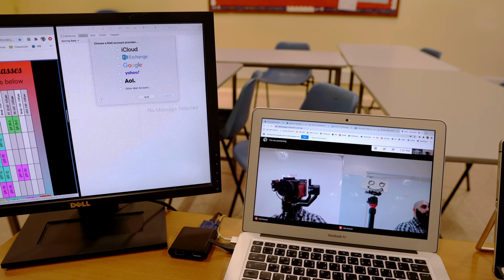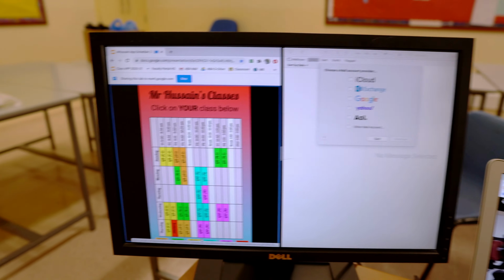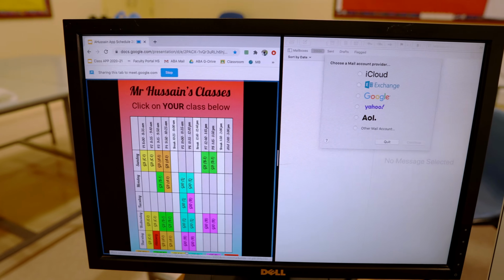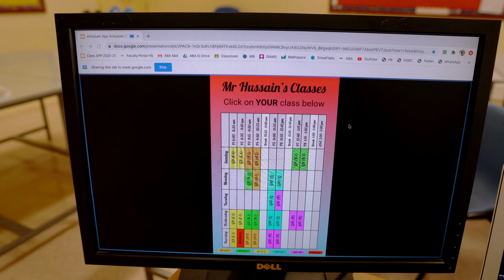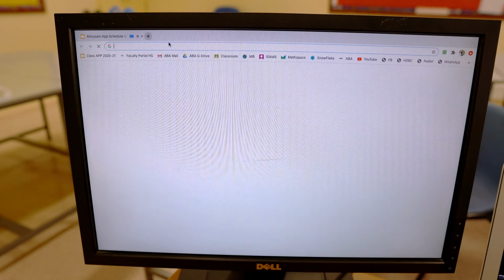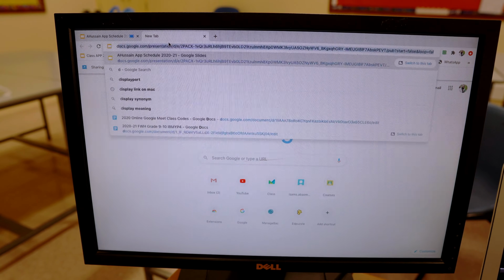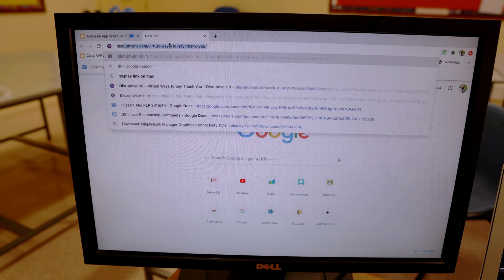On a Mac, how did I install my display drivers? Very simple. I'll show you on this monitor here. Let's quit this, and we'll open up a new tab just to show you. If you type in display link,